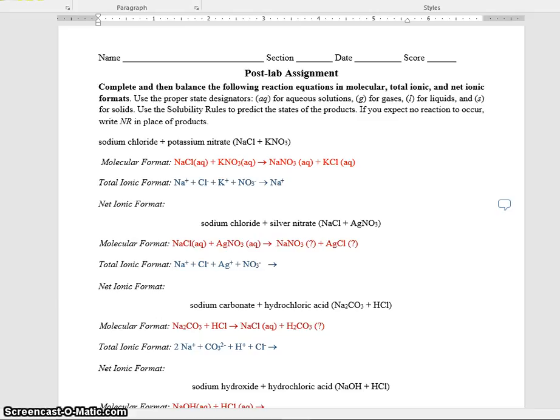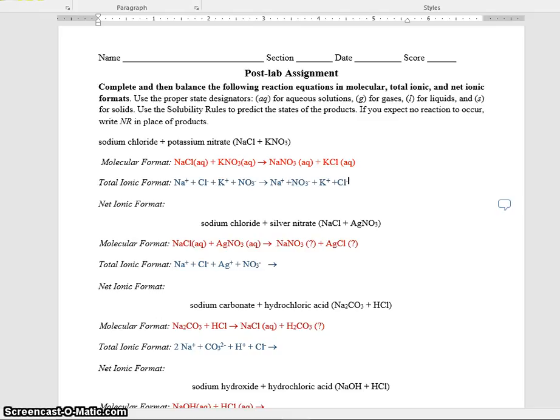Plus NO3, whoops, dang it. Plus potassium plus Cl